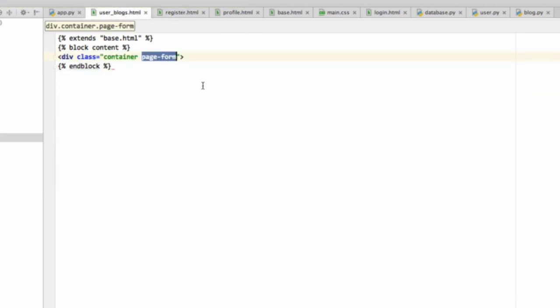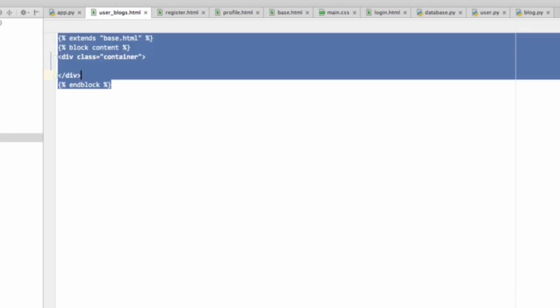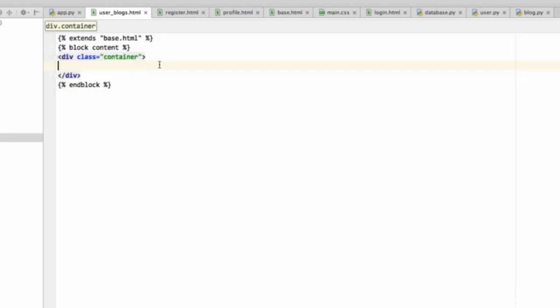We don't need page form class, but we do need the container. And that container is going to, as you know, make sure that things are fitting in the screen properly as per the Bootstrap framework. And then in this container, we're going to have something like h2, a heading 2,